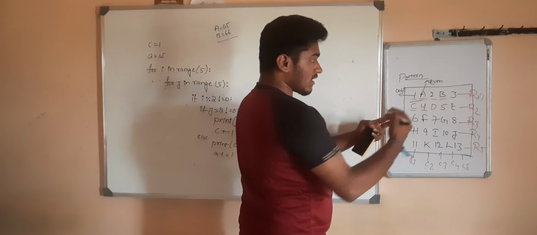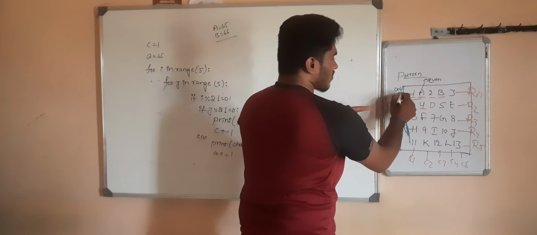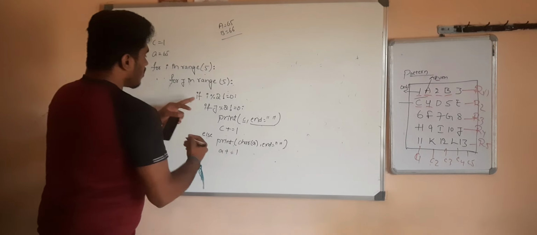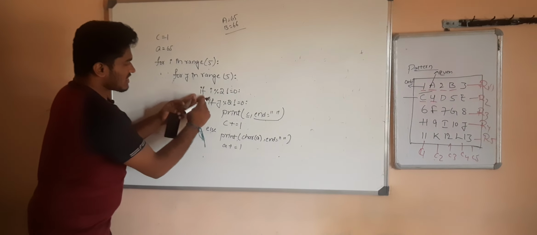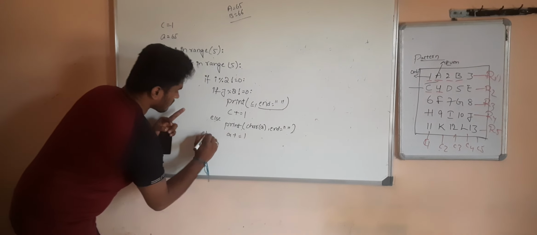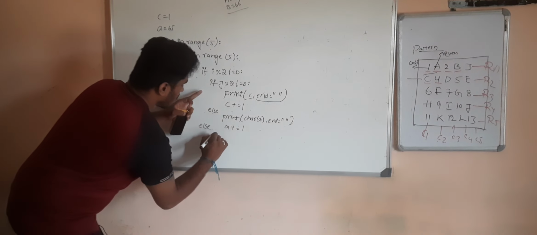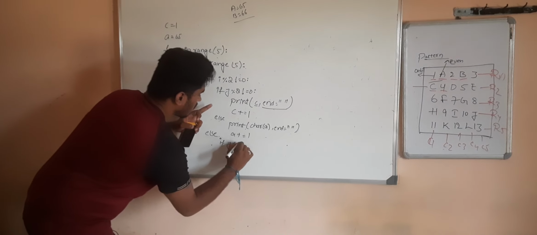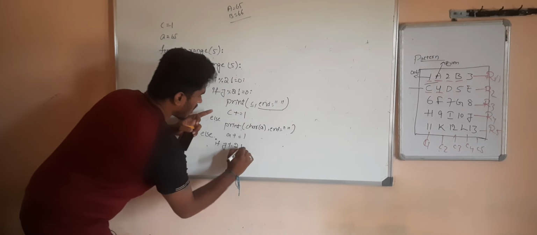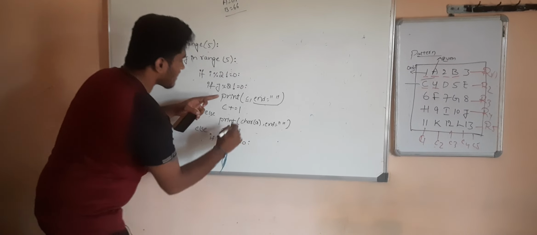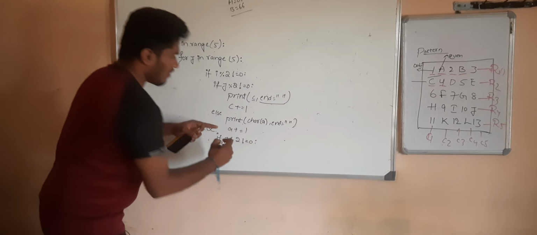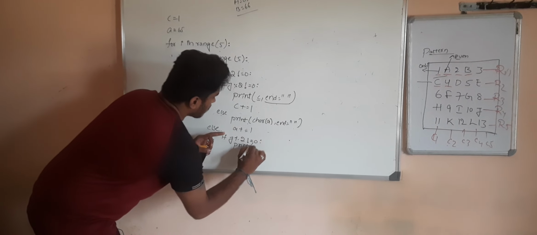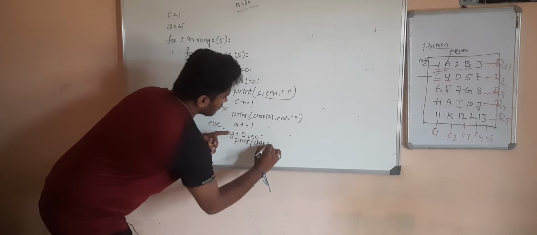Okay, so when I come to the even row, this one is the odd row, this one is the even row. So if I want to write the code for the even row, here itself, see here, for this if block, else if j modulus 2 is not equals to 0, in this case I am going to print character of A. Okay, print character of A, comma,